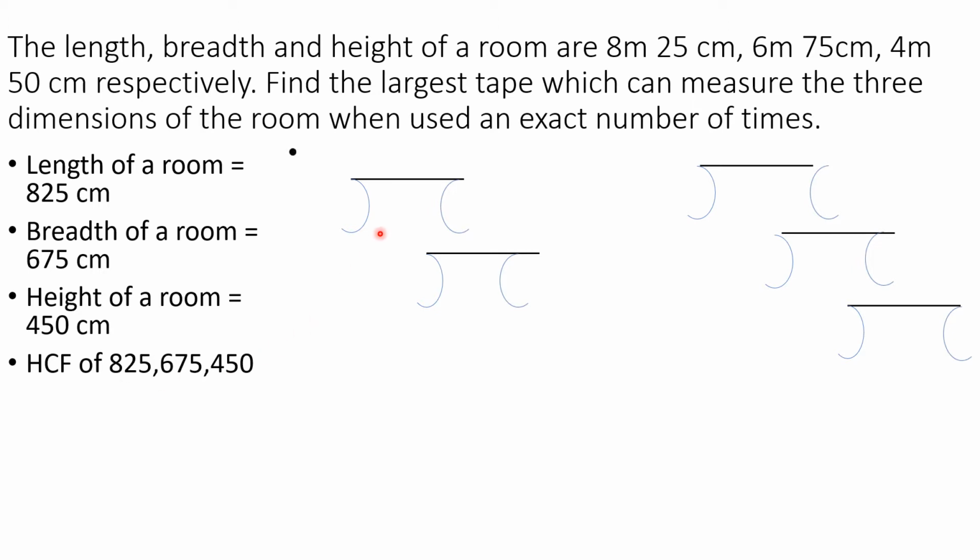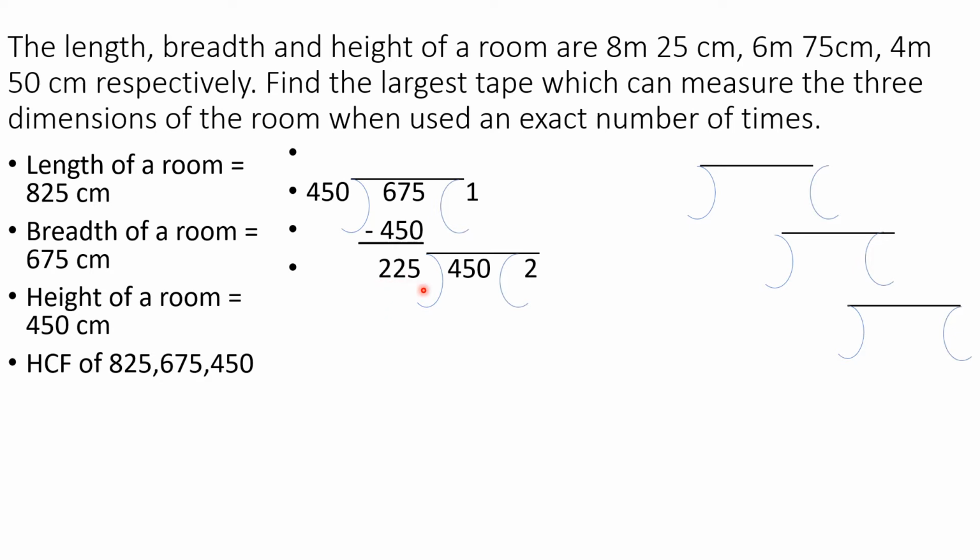So I am taking these two numbers here, 450 and 675. You can take any two, you can take 825 and 675 also first, then you can find out HCF for 450. So it's up to you. 450 and 675. Among these numbers, 450 is smaller. That's why we will write this 450 in the divisor, and 675 will be in the dividend column. So now how many times? Yes, one time. So we will write 450 ones are 450. We will subtract it. Normal division it is. And we will get our remainder, which is 225.